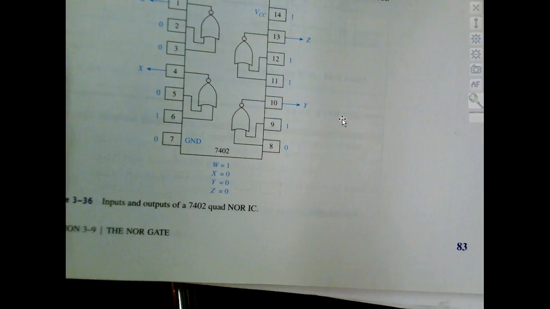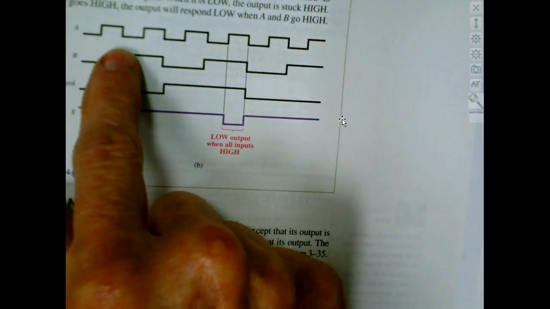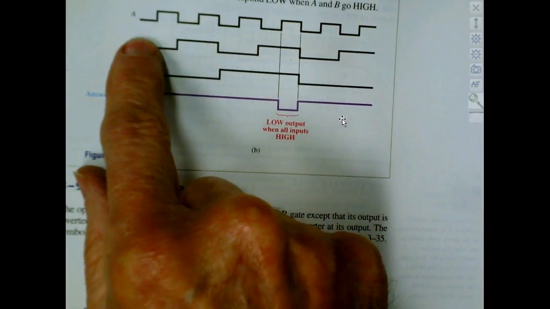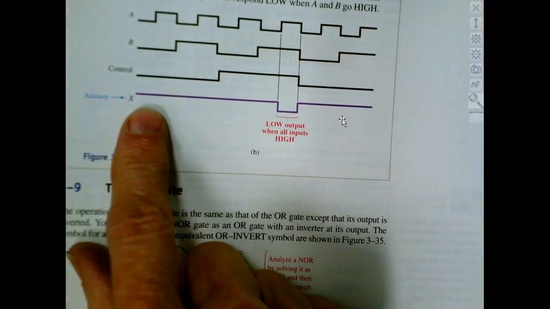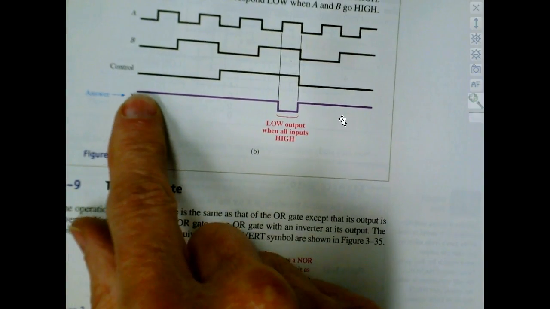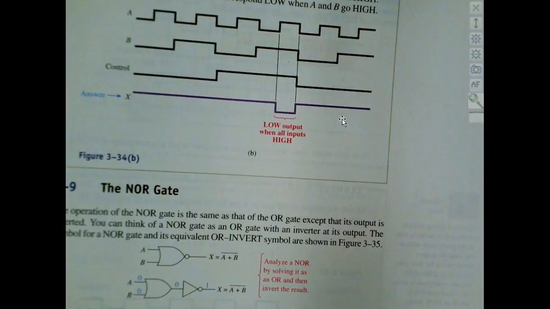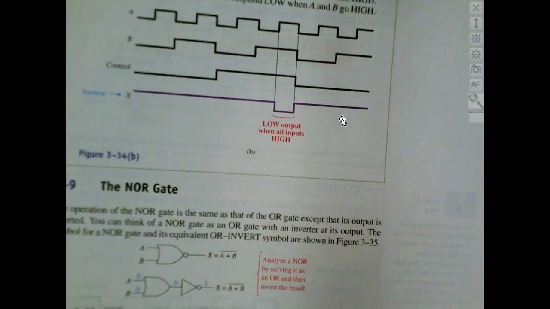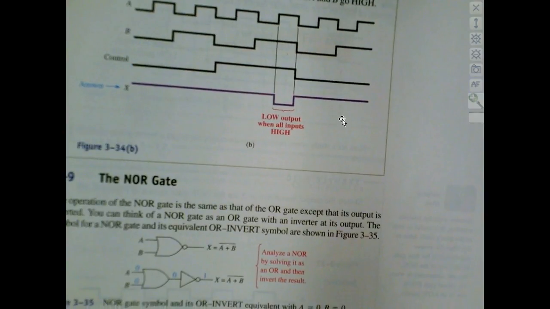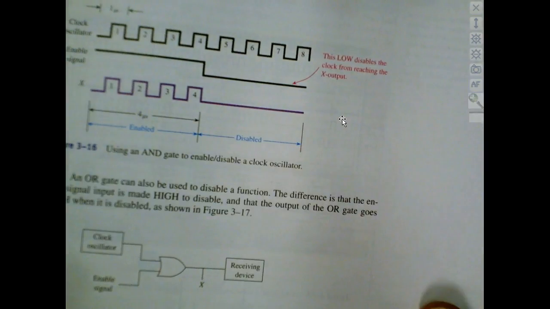Another thing, I need you to start looking over these timing diagrams in your book. We're not going to have many on the test, but what these things do and the way they work is they give us the inputs, and then they have what they call a control or enable input. And then it's up to you to figure out what the output is. If you can understand these timing diagrams, you can understand these gates. This is on page 83, but they're all through chapter 3. So right before we got to the enable input,